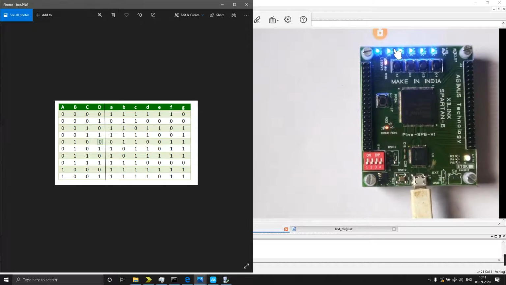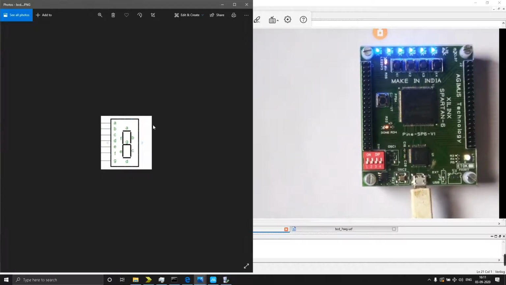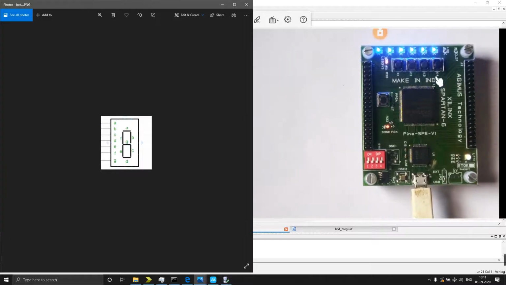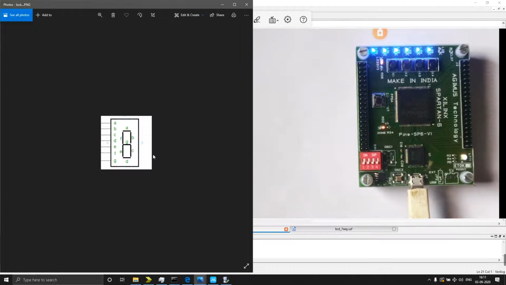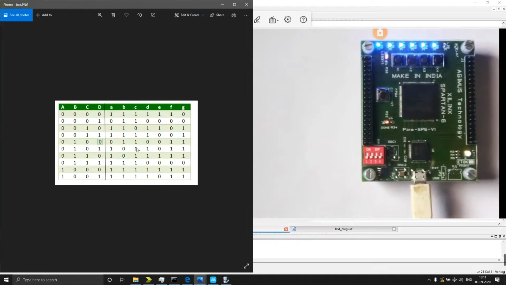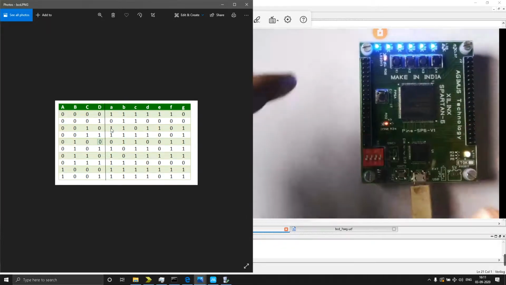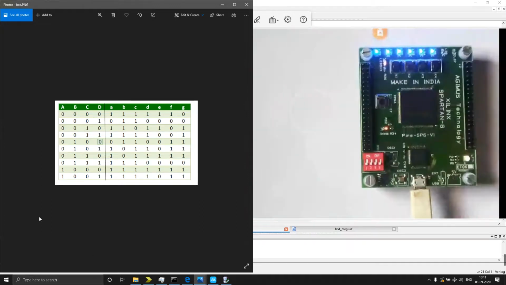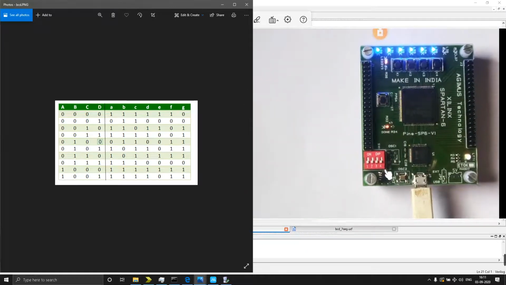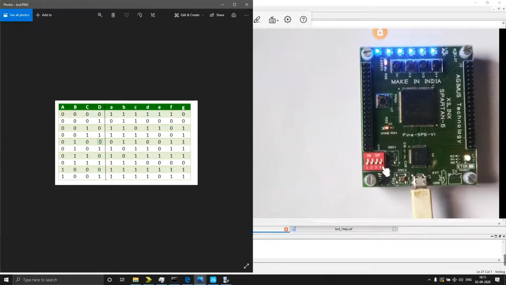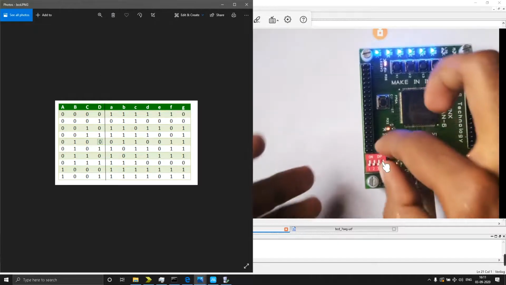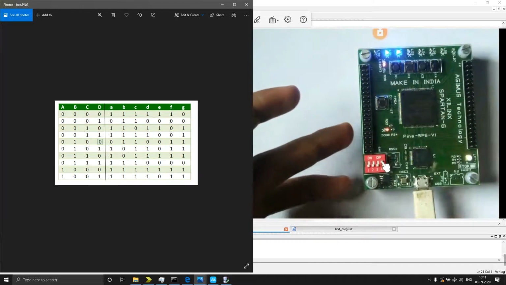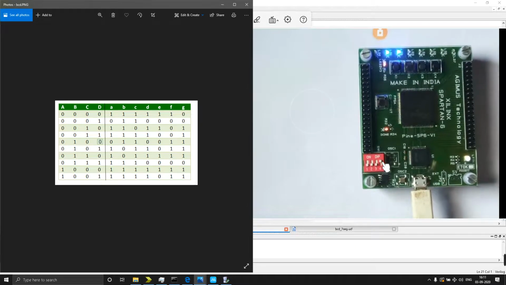If we compare with the 7 segment, this is going to provide us the 0 because the last one is not glowing. Then comes the next one. I'm going to change this to make it a 1.